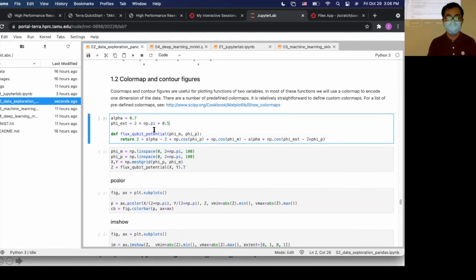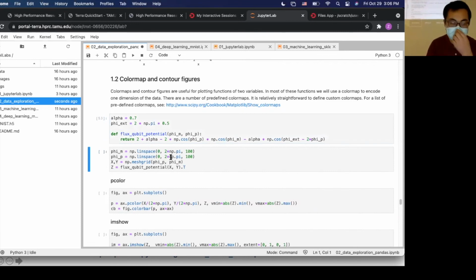We can also do a 2D color map. For example, we have a function, maybe a physics function about the qubit potential, and some angles like phi m and phi p. We generate data points of angles, 100 phi m and 100 phi p, and do a mesh grid, so it becomes a 2D mesh grid.